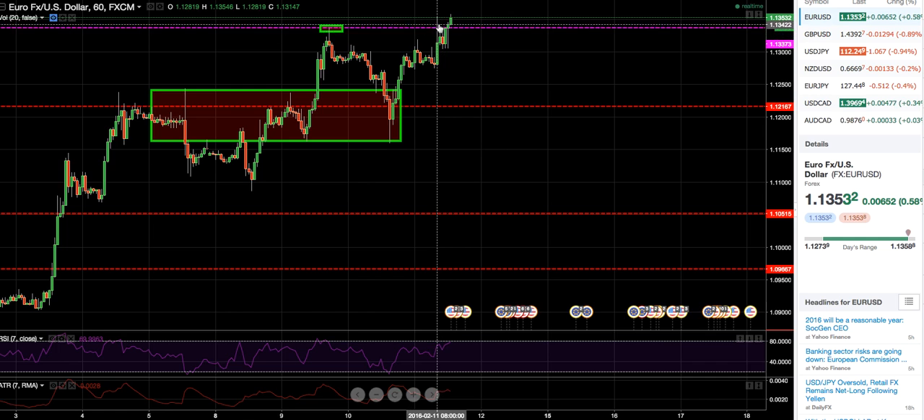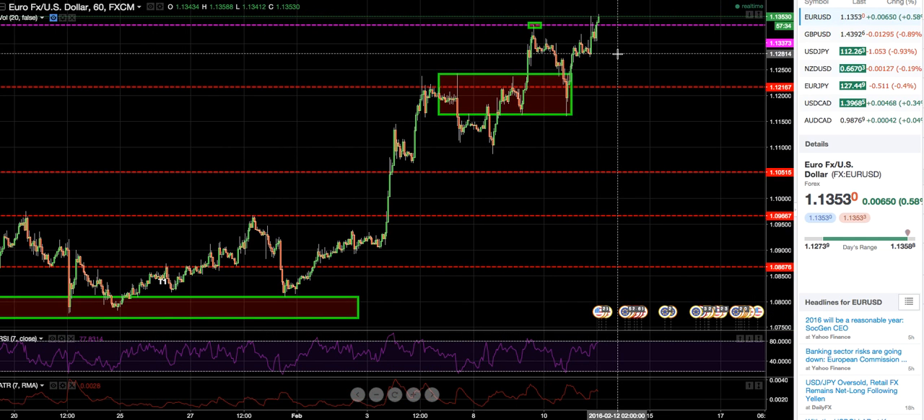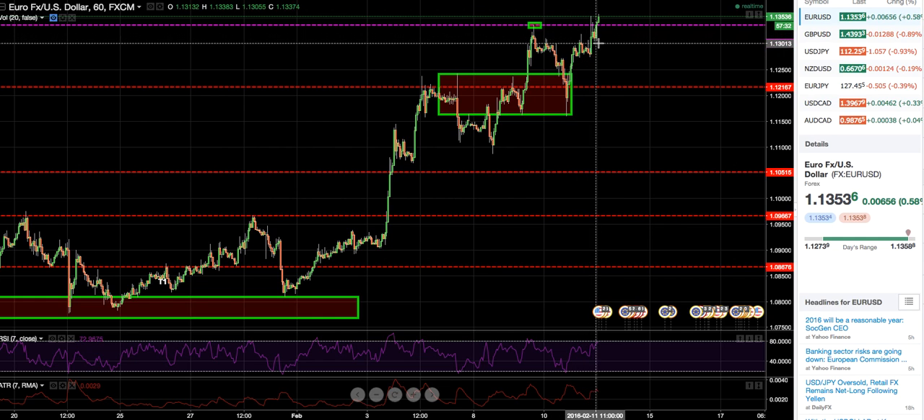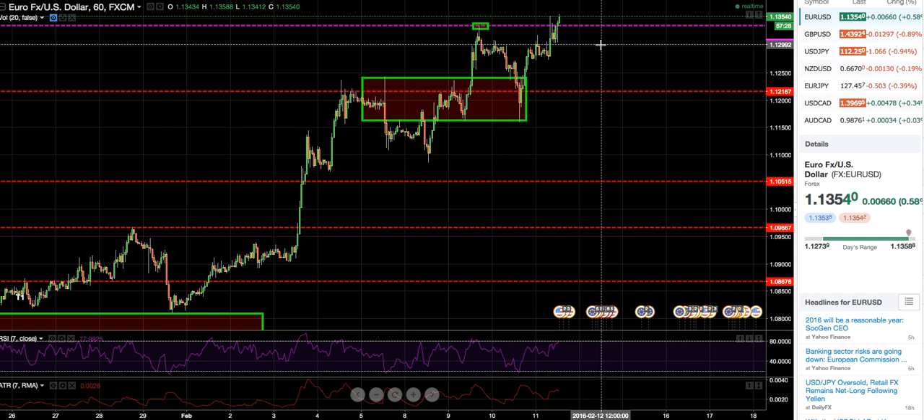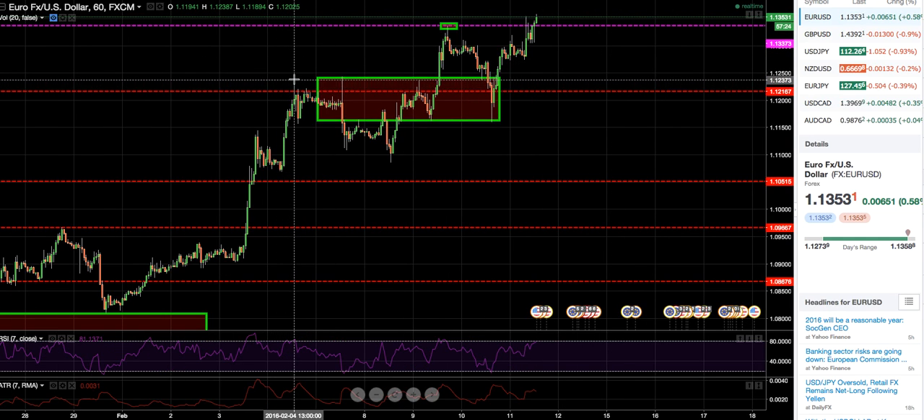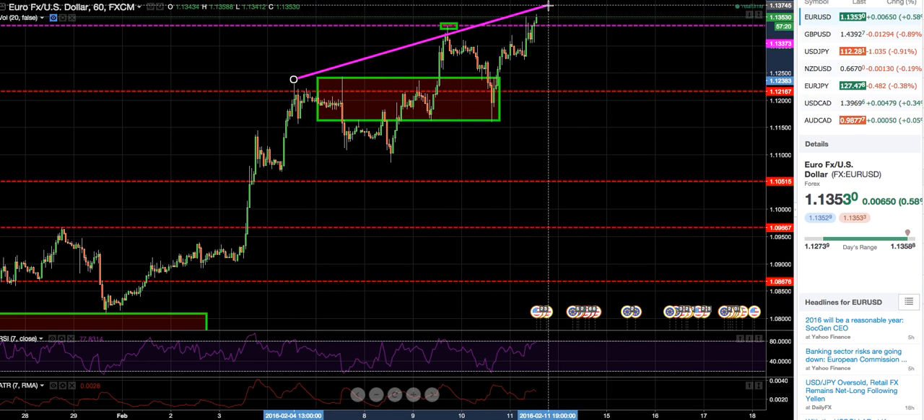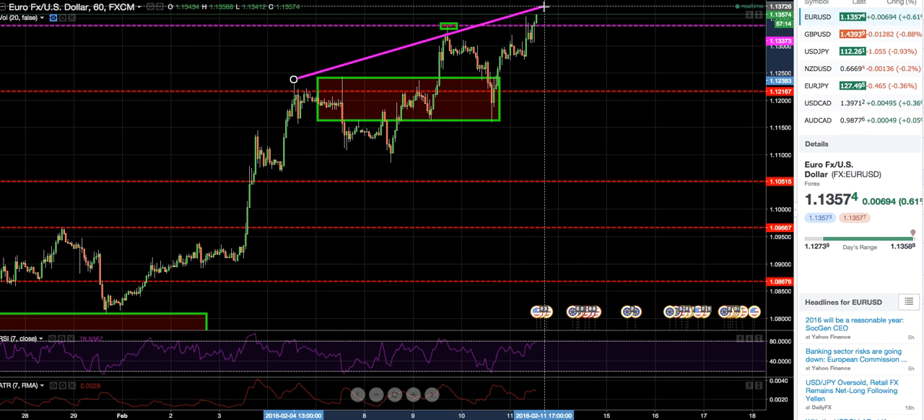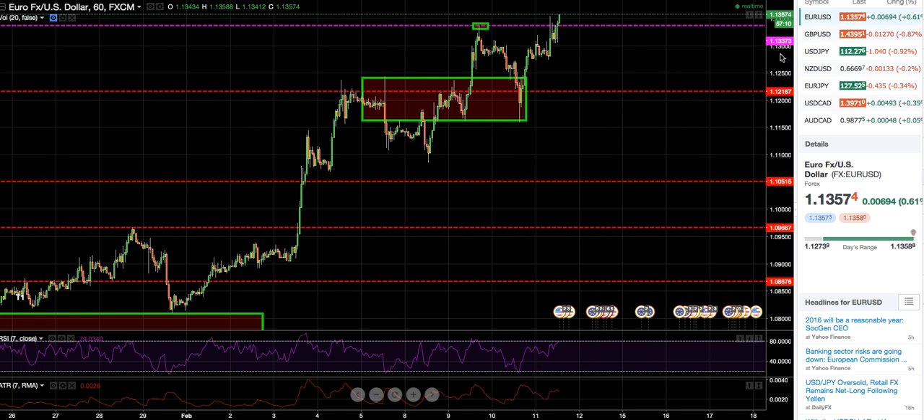Now, like I've said, this is a structure level, but I wouldn't put my life on it, right? So if you're into that trend line thing, we can do something like this, for example, where the market may come up into that trend line once again. But the main thing I'm looking for